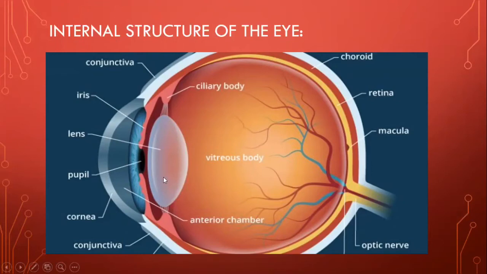So basically, we are aware of the pupil, which is over here. We are aware of the iris, which controls the size of the pupil. We are aware of the conjunctiva, and we are also aware of the cornea. As you can see in the picture, this whole layer of the cornea is a little bit extended. It is an outward layer, and this is due to a liquid which is filled in this space that is known as the anterior chamber. The liquid which is filled in this space is known as the aqueous humor.